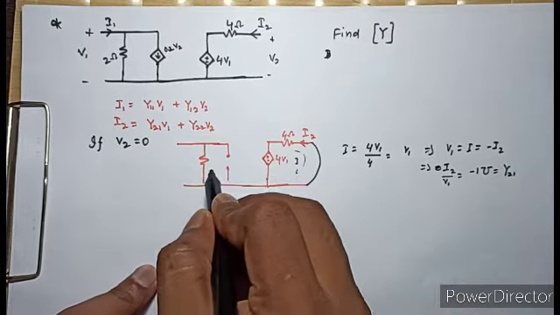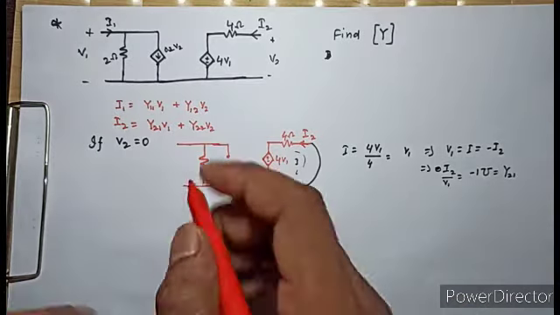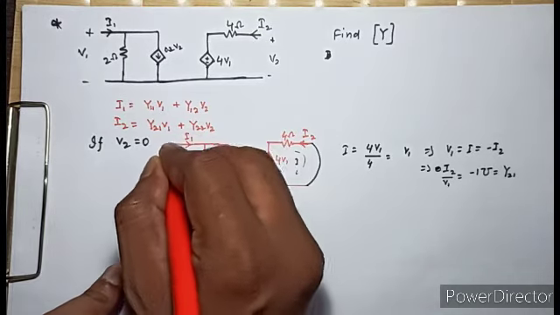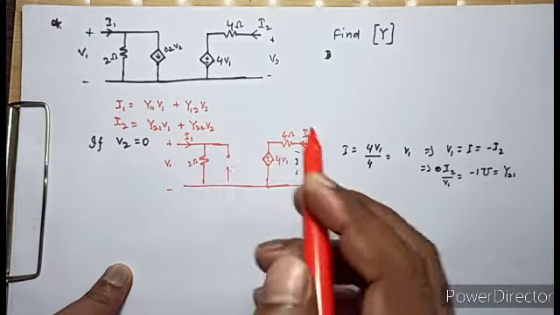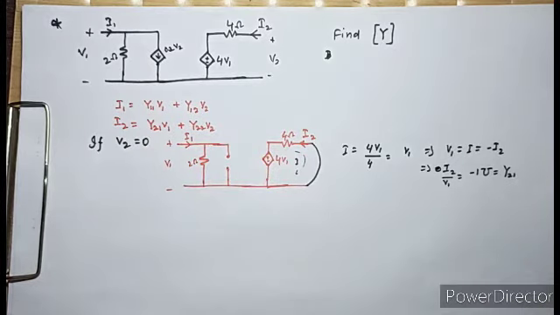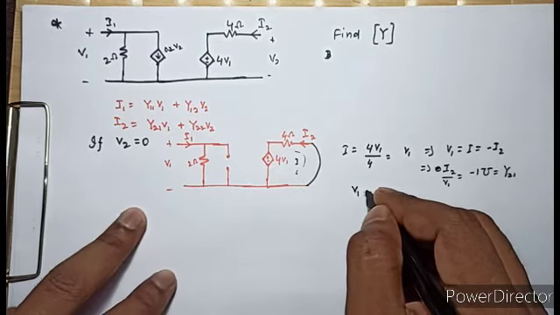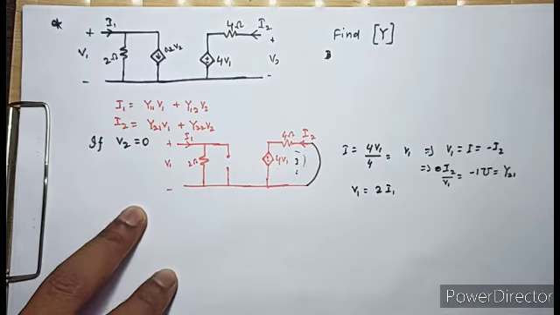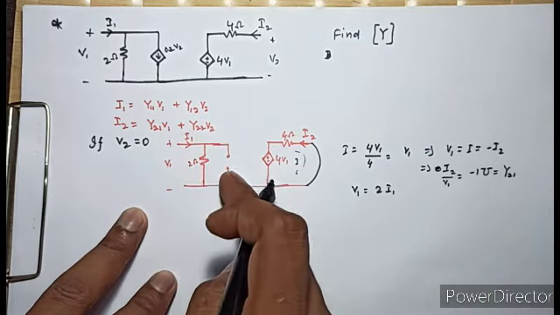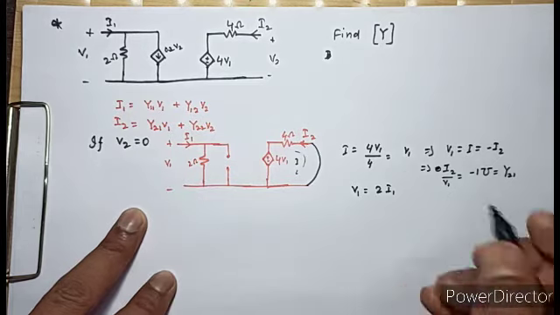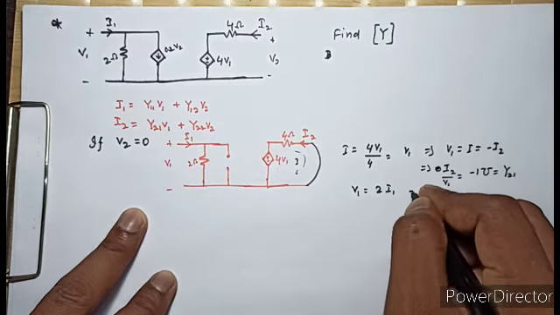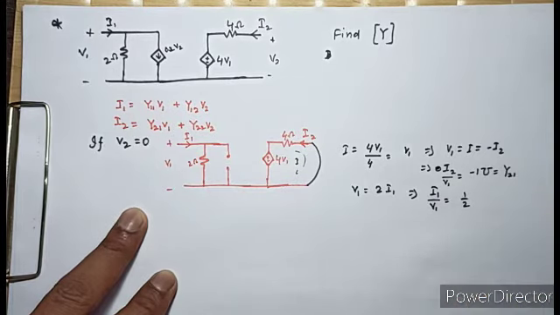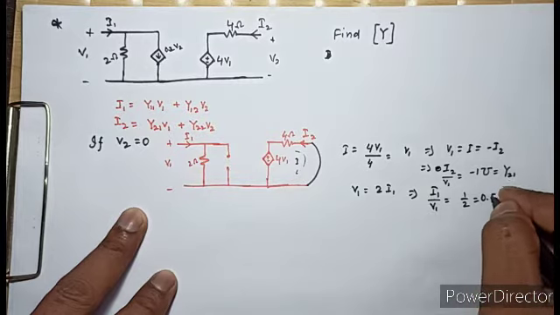Also, this is 2 ohm, and this is our V1, this is I1 from this circuit only. So V1 will be what? 2 into I1, isn't it? Because this I1 will not flow through this, only circulate in this direction. So I1 by V1 is equal to 1 by 2, which is 0.5,